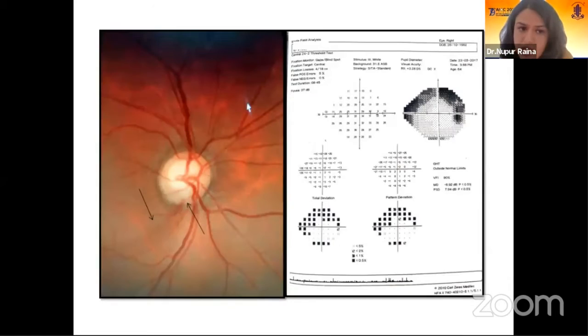Here we have the clinical picture. There is an inferior notch with a coinciding RNFL defect. And when we look at the fields, they are reliable, and there is a superior arcuate defect. Modified Anderson's criteria also followed. So it is safe to say that this field defect could be because of glaucoma, but it is safe to get at least 1 follow-up field before we know for sure.